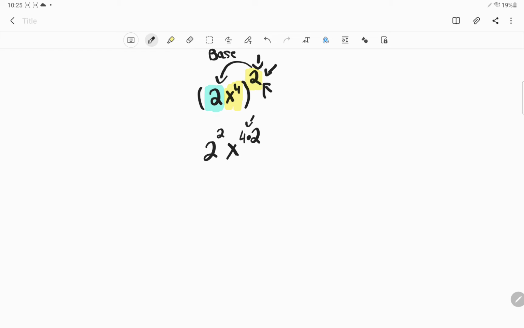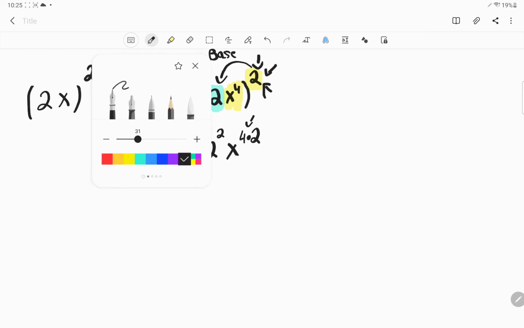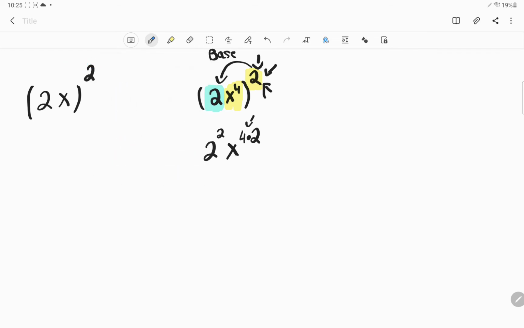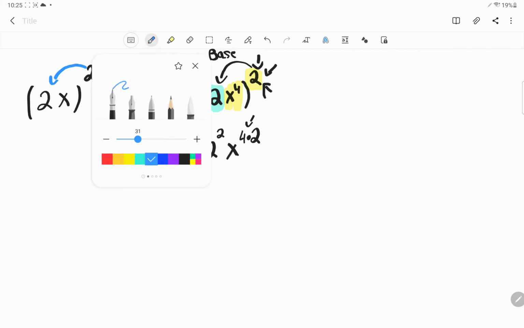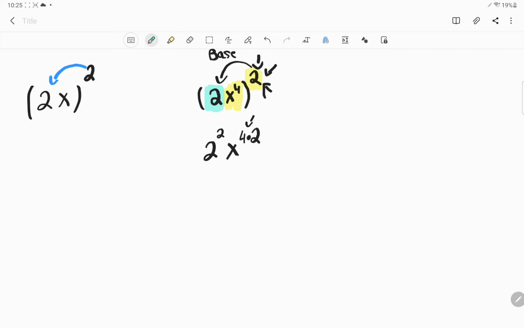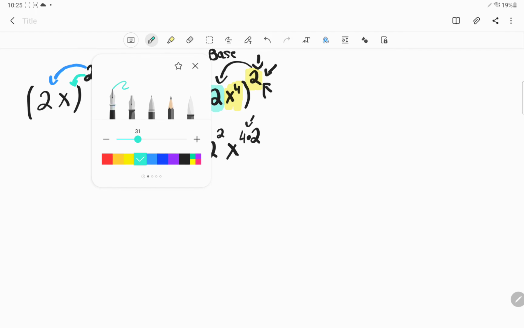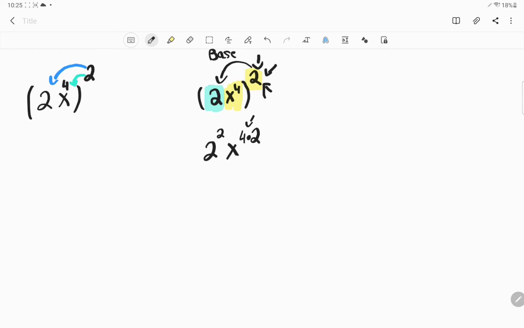I just dropped, so I'm going to try and visually show this with the parentheses. I'm going to try and use different colors. So I did this, and I put it over here on top of it. And I did this, and I put it on top of this one right here. And I'm going to put the 4 right now. Okay, so basically I'm just bringing down my exponent from the top and I'm putting them right next to whatever I have there. Okay, so